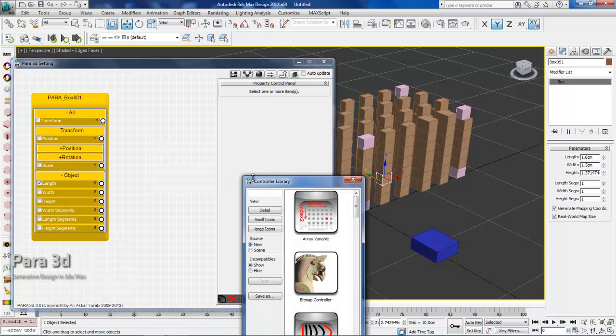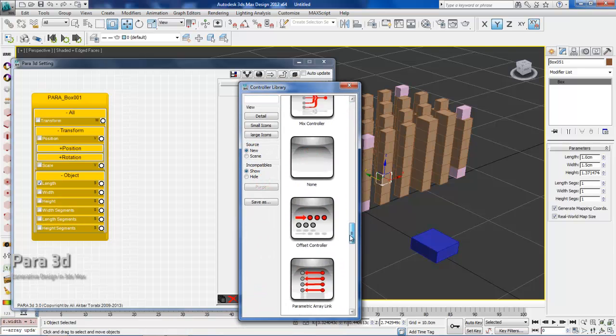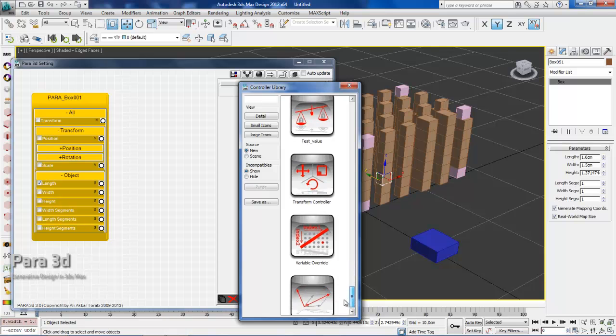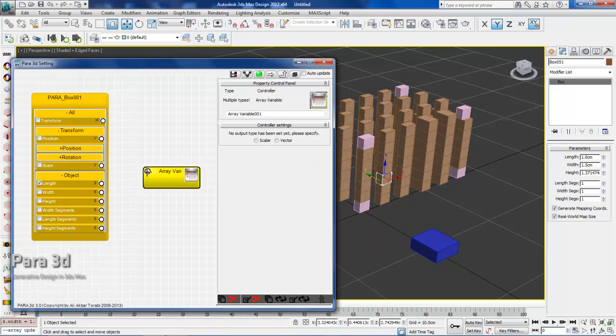When you do that, it brings up the controller library and shows the list of the controllers that you can use for your Para3D settings. The first one is the array variable, and it's one of the most important controllers in Para3D. Go ahead and drag and drop it in your Para3D setting,